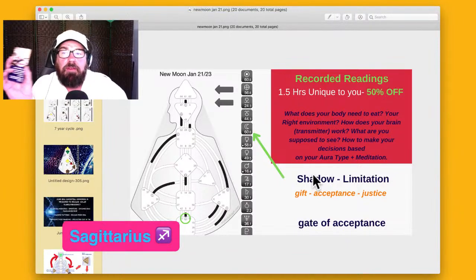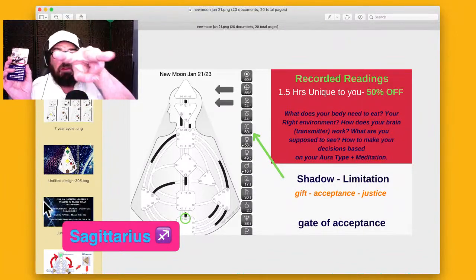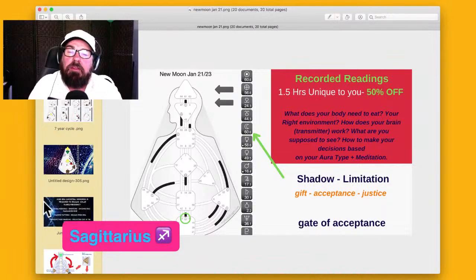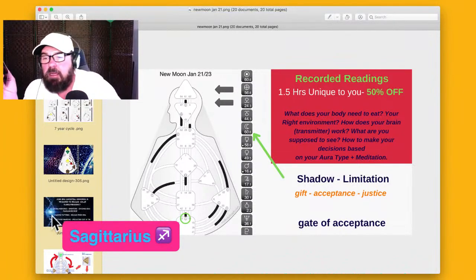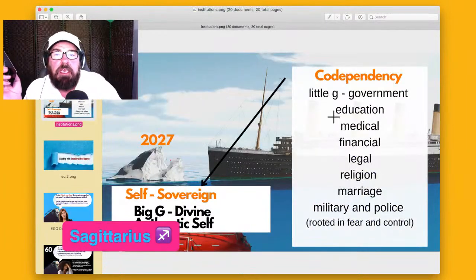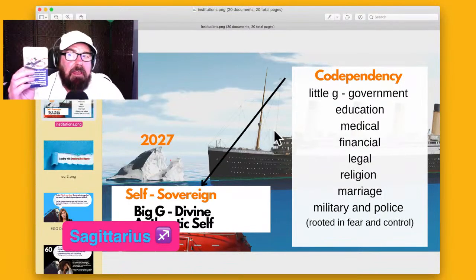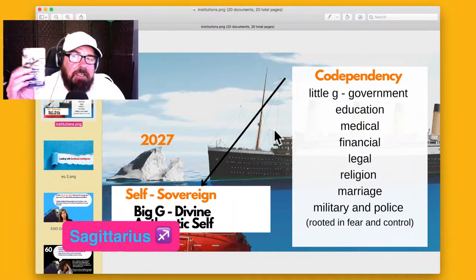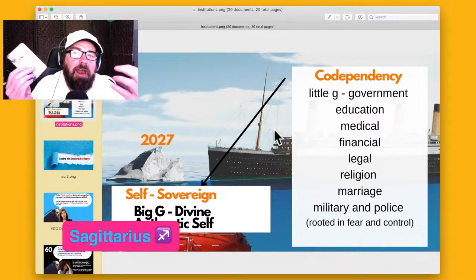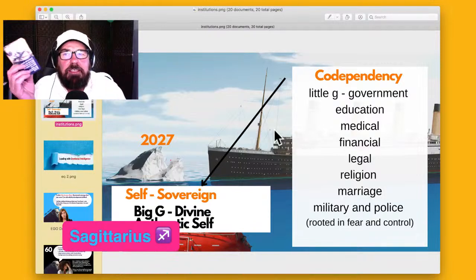The money trap. So this is the choice point that we're in right now. These two roads. Am I going to go for false security? Am I going to choose this, Sagittarius? Where's my little g? I'm going to make little g into big G, right? This is codependency, the Titanic. These institutions are going down, Sagittarius. The Titanic is coming with money temptation. Stay on the boat with us, it's safe here. Meanwhile, that boat is flipped up and about to go down into the water, right?